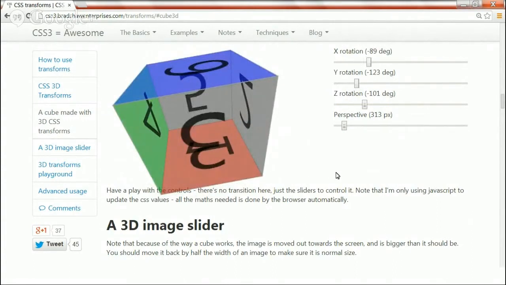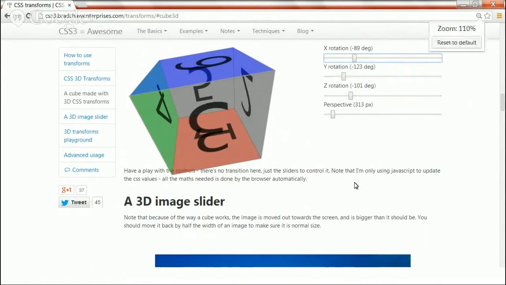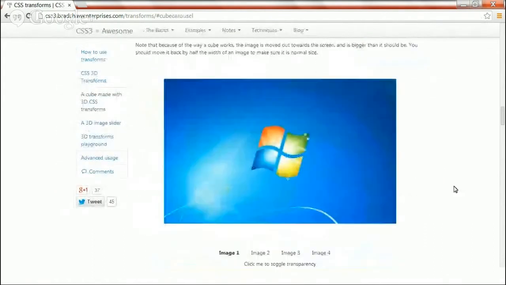Now let's see another example. That is the 3D image slider. In this we have 4 images. Like a cube has faces, we have 4 faces in this example also. But we can only see the first image over here.